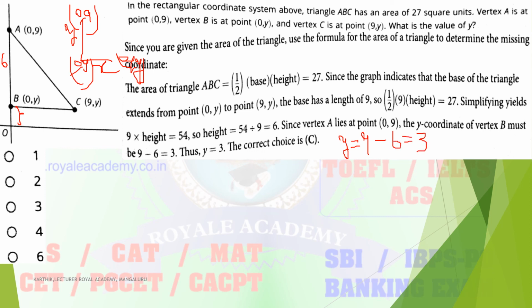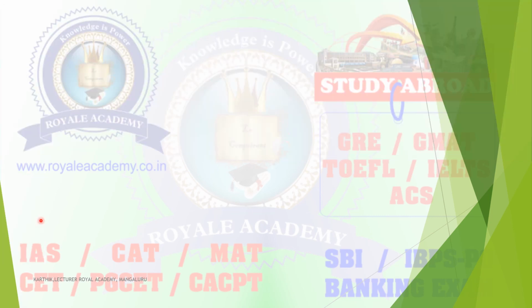So this is 0, 3, is nothing but this height. This height is 3. Okay, so y value is how much? From this expression you will get y. So height is how much? 6. So 9 minus 6 is equal to 3. So 3 is this height. This height is 3. So answer is which one? C is the correct answer for this question.